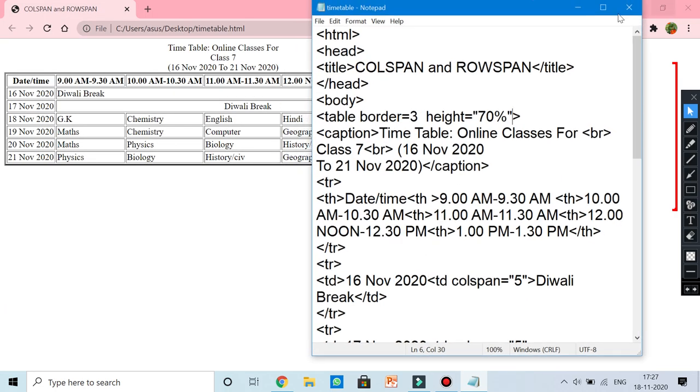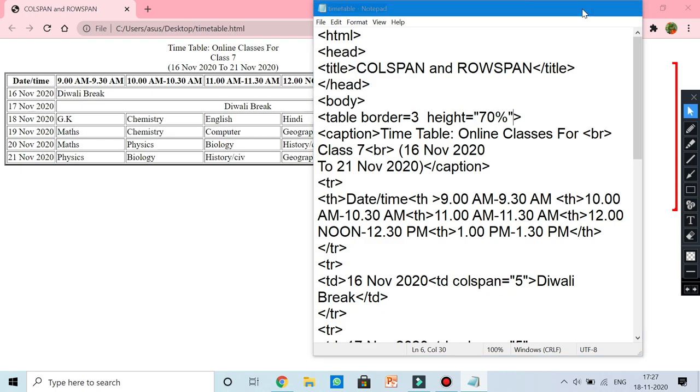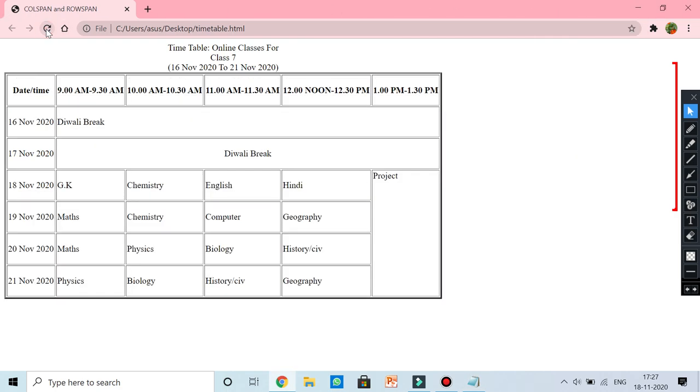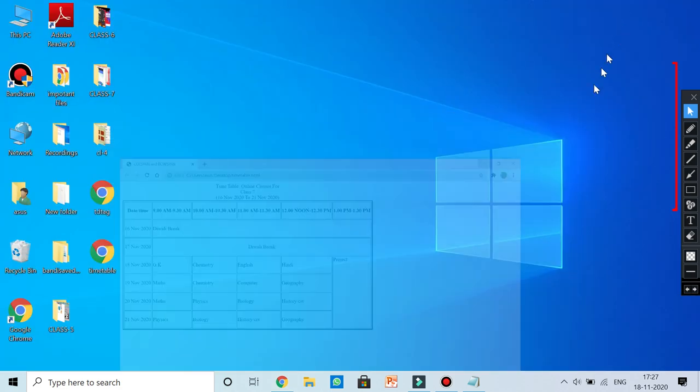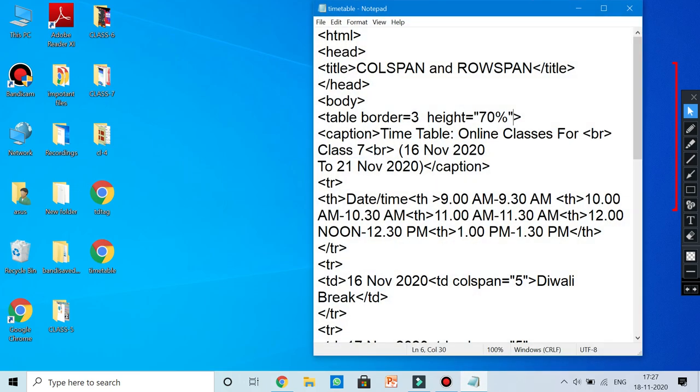Let me reload this page. So you can see the table has increased like this. Its height has increased. Now if you want to increase its width also, you can. So here I am going to use width equal to, suppose I make it 100%.